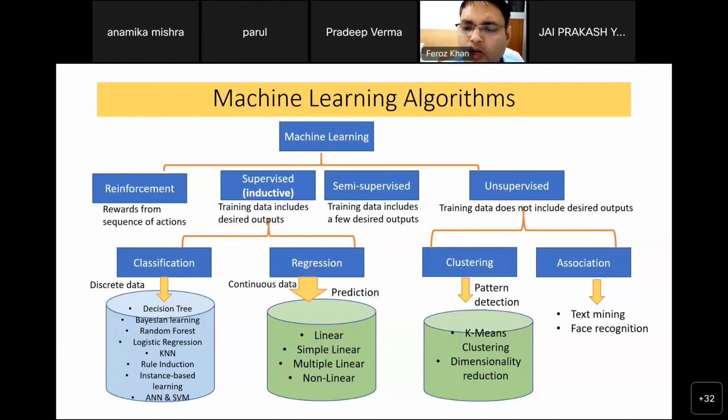While if you have more than 100 data points or experimental biological activity data, more than 100 compounds, then you can go for a machine learning method, which is a classification method. You can use decision tree, Bayesian learning, random forest, KNN, SVM. But the problem is that I have used those methods on biological data, and the performance is not good enough. In the wet lab, when we went for validation, we did not get promising results. So the error value will be high in these large data set analyses.